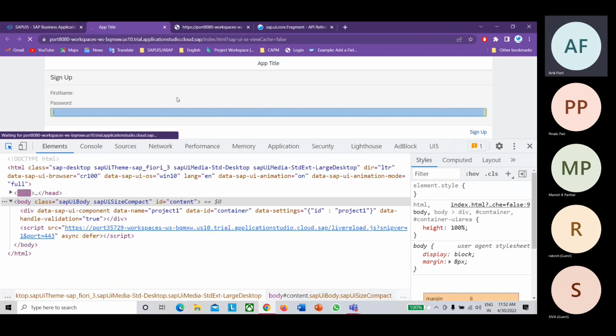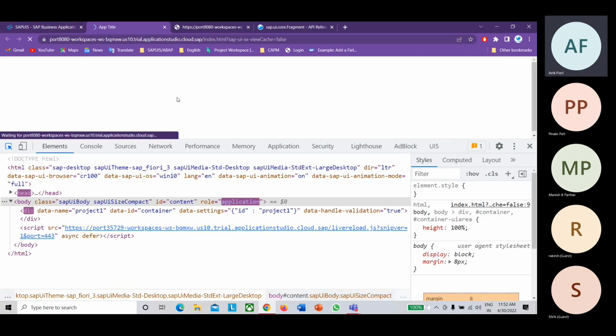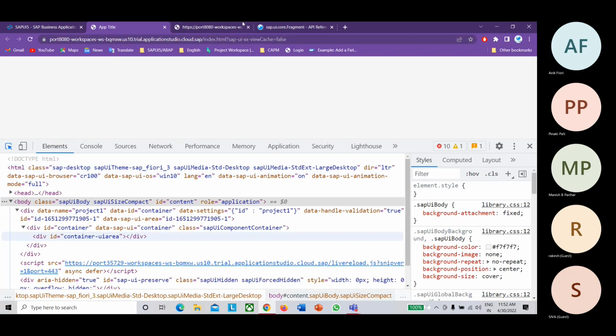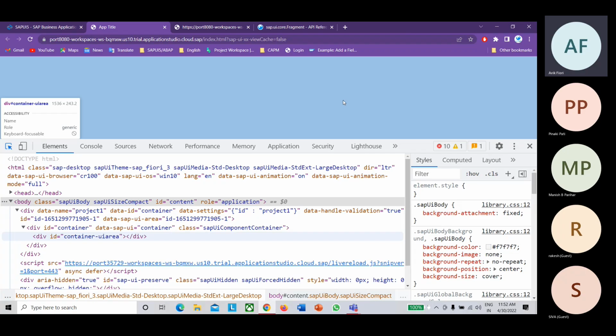Why are they doing it explicitly? They assign the ID because they want to make each and every control or tag unique. Otherwise, you will get duplicate IDs.